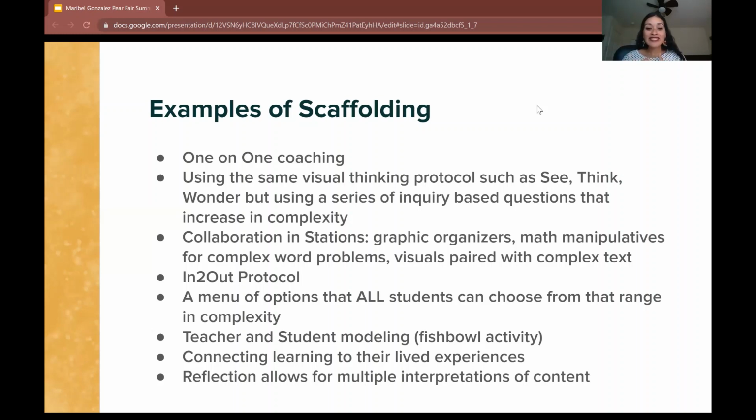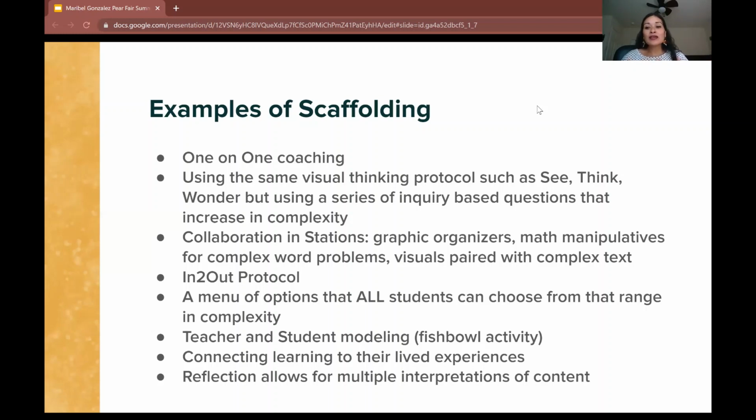Another example of scaffolding is connecting learning to lived experiences, right? Bringing your experiences to the conversation, and you can model that by talking about your own personal experiences. This is really important in creating really inclusive spaces, especially in homogeneously white spaces, as well as racially and ethnically diverse classroom spaces. If you're a white teacher, I encourage you to talk about yourself, talk about your cultural experiences with